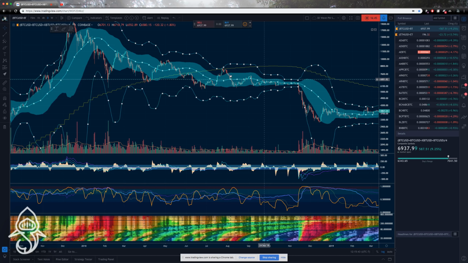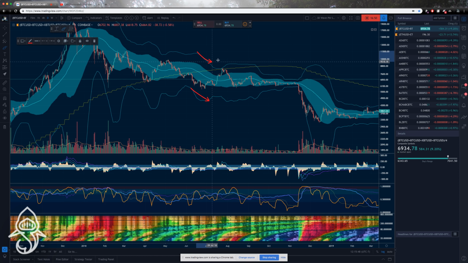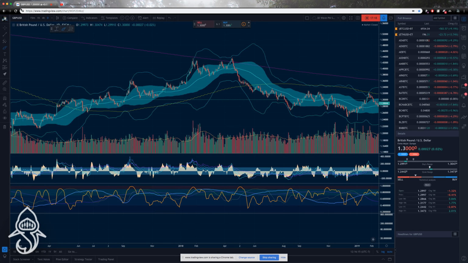So what happens if you have already been in a state of expansion where you already have wide bands, and then you tag an extreme value? Aha! That is going to be when it's okay to bet on extreme values. So at this location, where we tagged the 3.2 standard deviation in the weekly 50 at the same time, that was clean. That right there was a good short entry. And I can actually show this pretty well on any Forex chart. Let's just do GBPUSD on the daily chart.